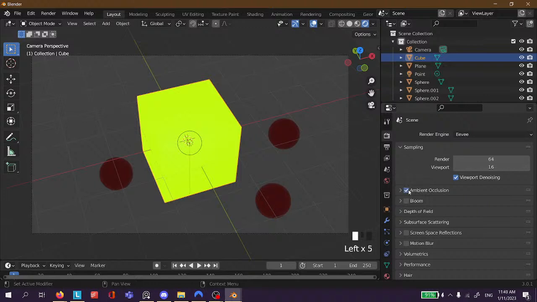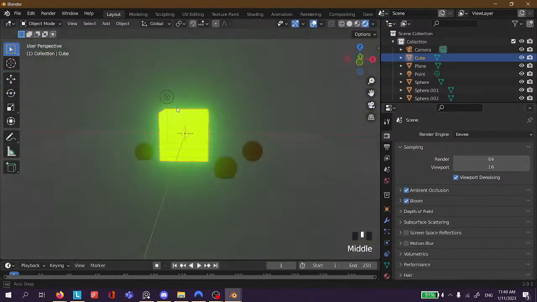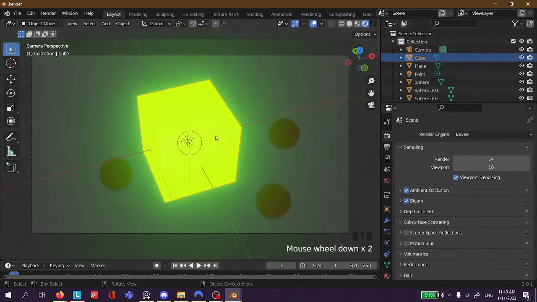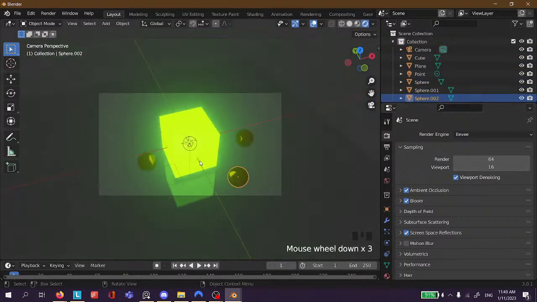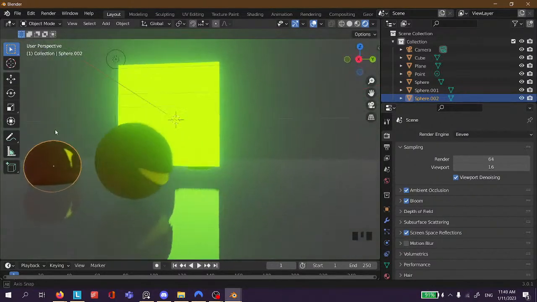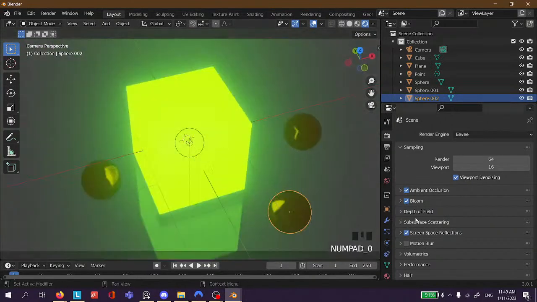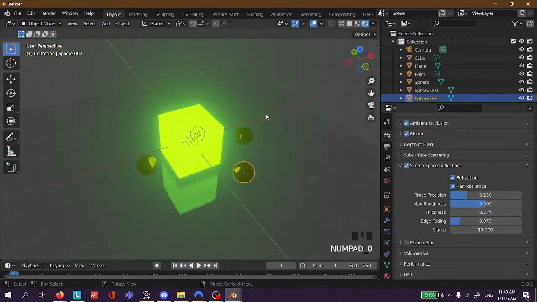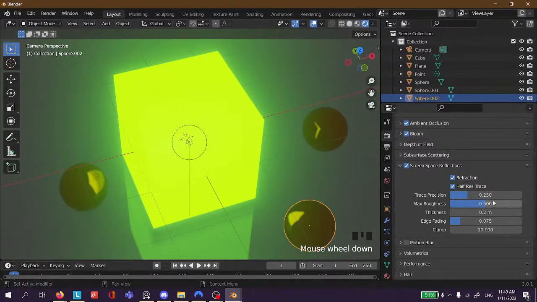So first turn on ambient occlusion. Let's turn on bloom. So that's what makes this look nice and emissive. So while that has bloom, you can see that there's still no reflections here. So for that, we turn on screen space reflections. So as you can see, the material actually starts to reflect now. Let's see. You can also turn on refraction, which would make it slower, but if you have transparent materials, that would be great. We can turn on motion blur, but